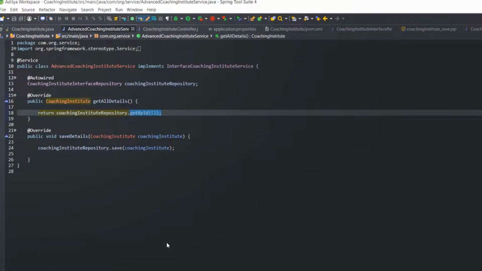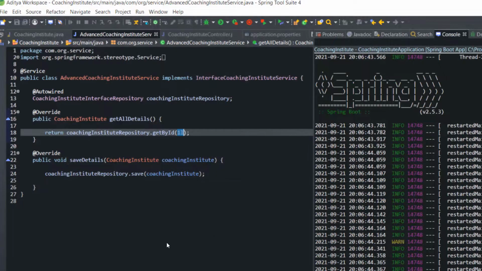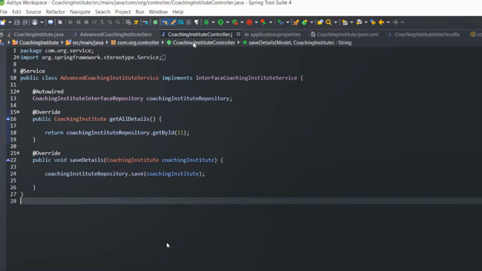what if I don't want to call the data by hard coding? I wanted to extract it dynamically. Meaning if I wanted to access 1, then I will access 1. If I wanted to access 2, then I will access 2 by the URI part. How can I do that?